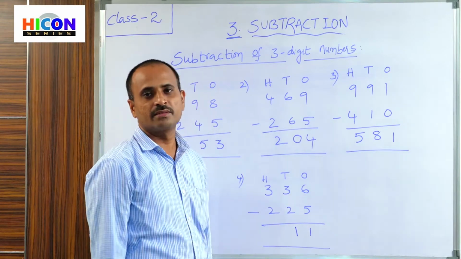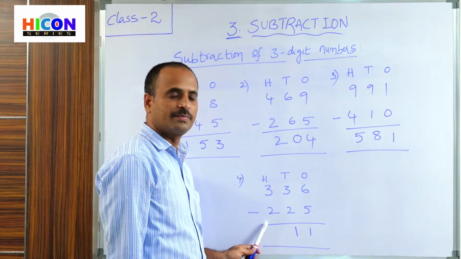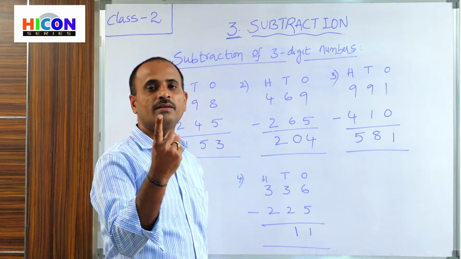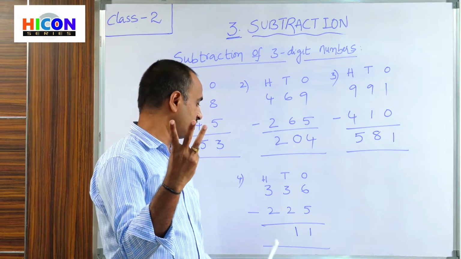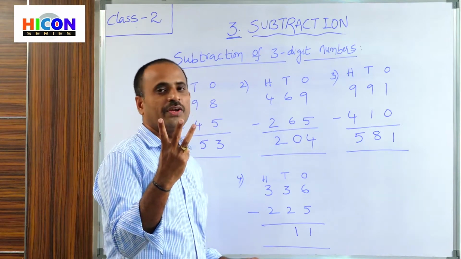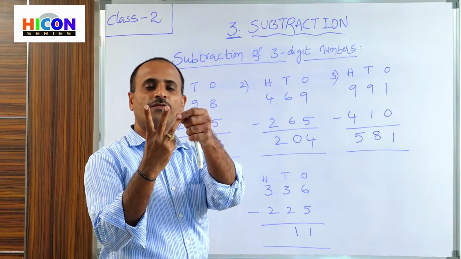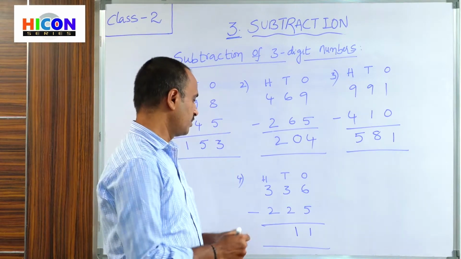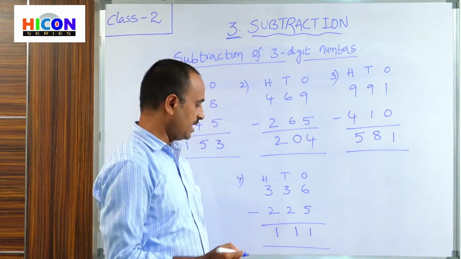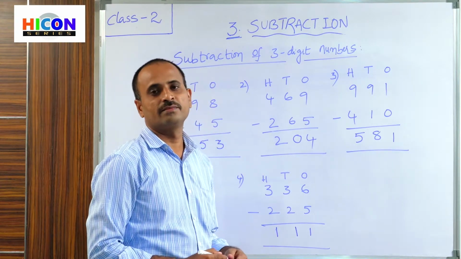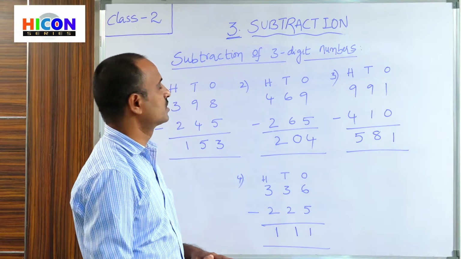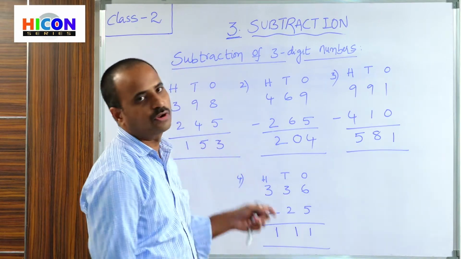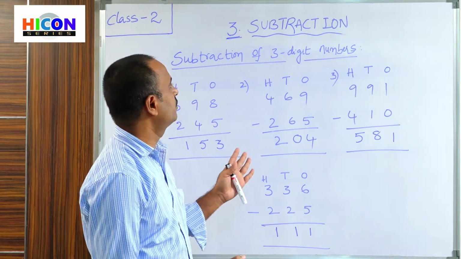Now go to hundreds place. So subtract the digits present in the hundreds place. The first digit is 3. So open 3 fingers of your hand. 1, 2, 3. And what is the second digit? 2. So close 2 fingers in these 3 fingers. Close 2 fingers. 1, 2. How many fingers are left? 1 finger is left. So write 1 under hundreds place. The answer is 111. So this is how to subtract 3-digit numbers without borrowing. There is no need to get borrowing. So this is the subtraction of 3-digit numbers.